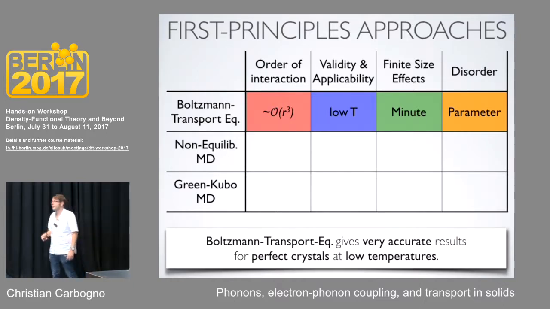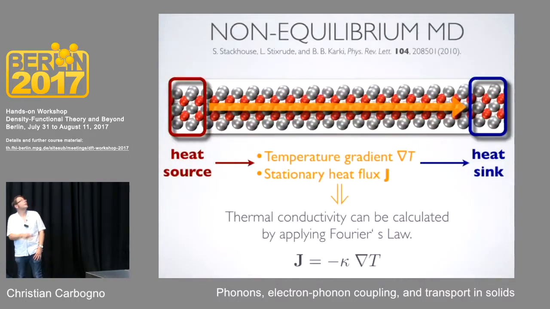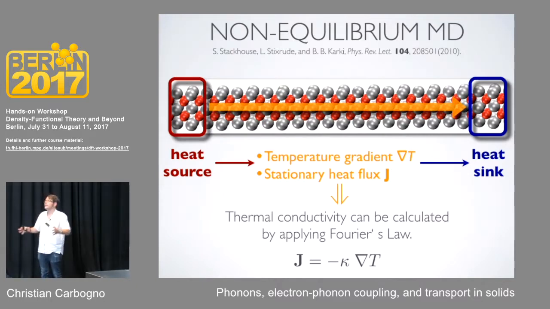The most simple way to do it is to use non-equilibrium molecular dynamics. This is a very straightforward and intuitive idea. You take a long system, you apply one thermostat here and one thermostat here with different temperatures, and then you let your molecular dynamics run, and what you obviously will get in the steady state is a temperature gradient between these two thermostats. And if you look at how much energy then travels from one side to the other, and you plug that into Fourier's law, you can extract the thermal conductivity.